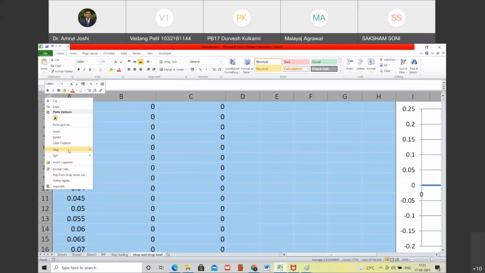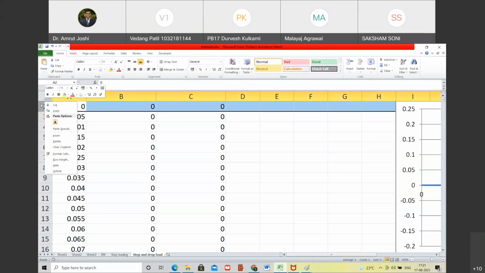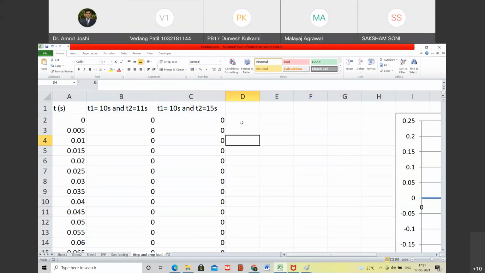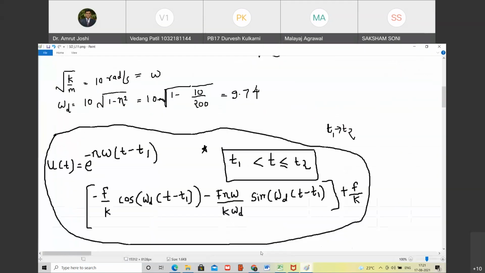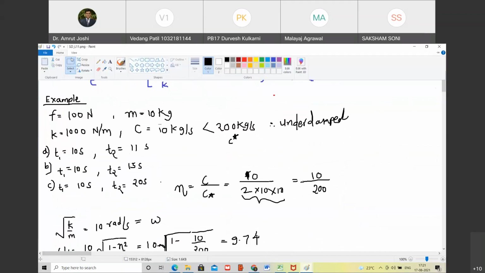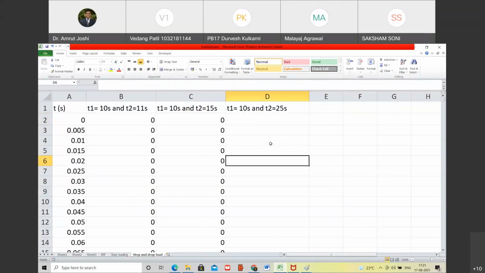Yes. Now we will go ahead with the third case, and that is T1 is equal to 10 seconds and T2 is equal to, how much is T2? T2 is equal to 20 seconds. Are you with me? Okay. Yes. So this is the next case that we are going to deal with. So what is going to happen here? Or let us take even more. Let us take it 25 seconds. Are you with me? So let me alter the third case. So let me take it as 25 seconds. Happy? Yes, sir.